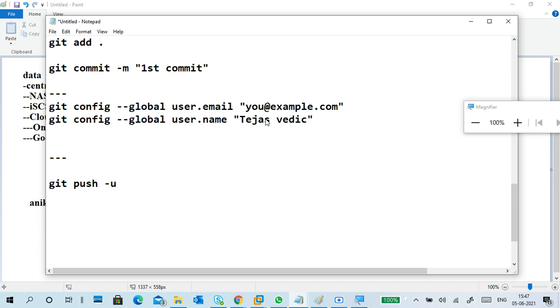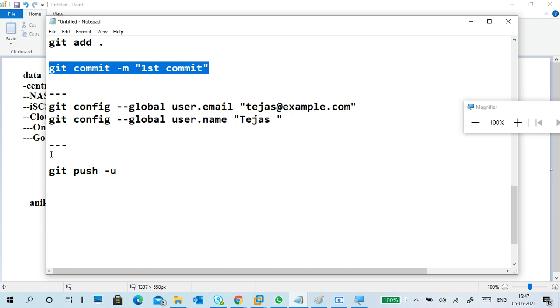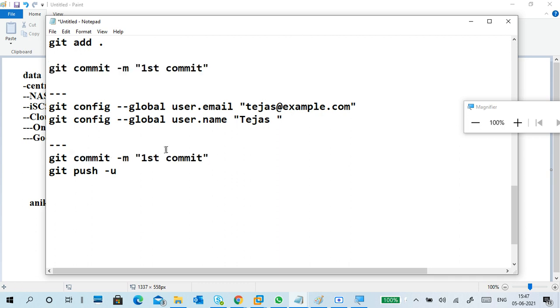If you want any extension, you can put it. Next, you can give any email, example.com, contoso.com, or vedic.com, gmail.com, any .com you can give. This is the first time when you do it. Again, you have to give the commit statement compulsorily.